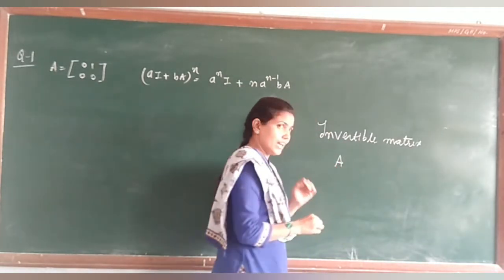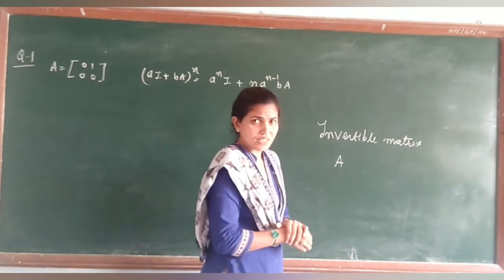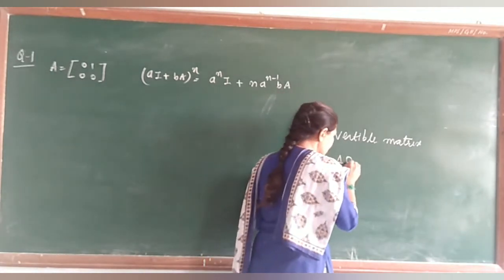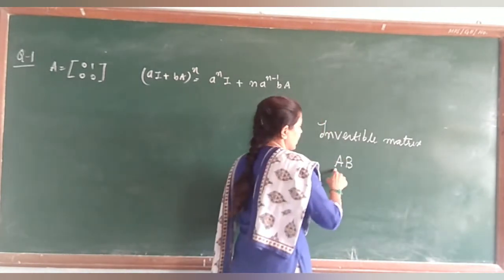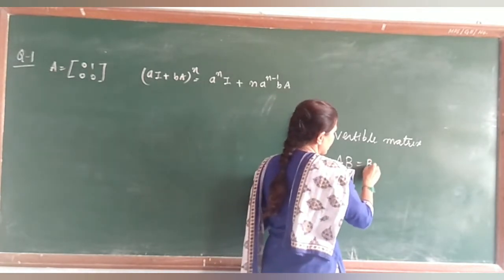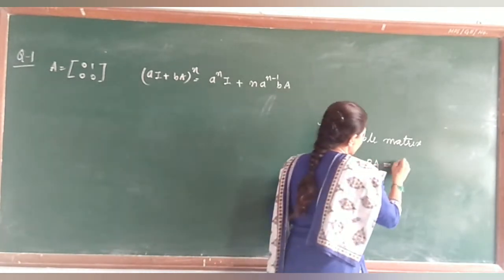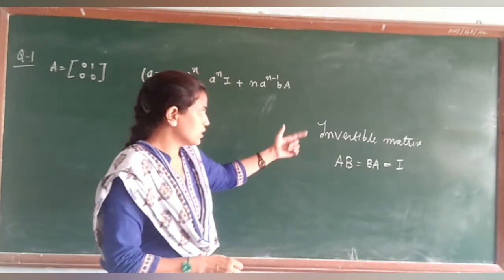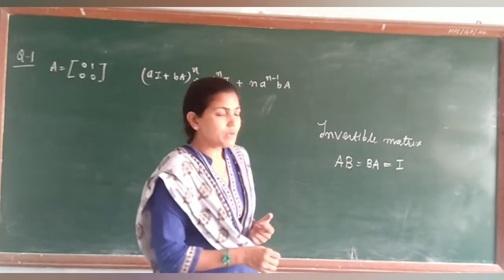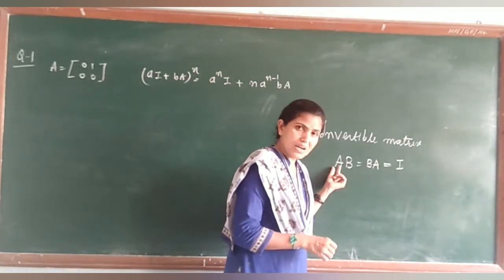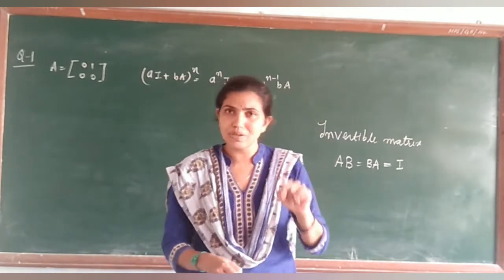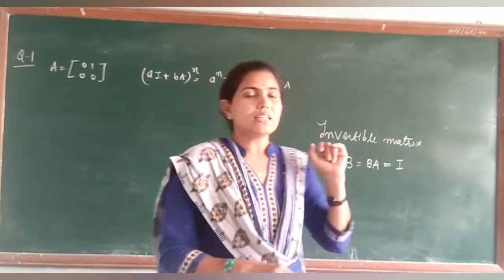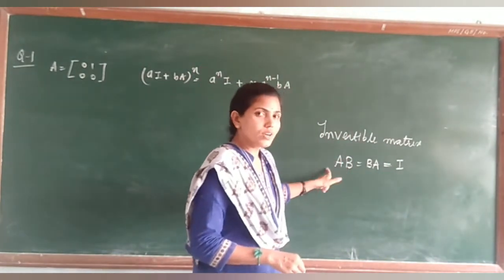Suppose we have a matrix A. Okay, any square matrix, or any matrix, we can take A. Then there exists a matrix B, such that AB is the same as BA is equal to the identity matrix, right? So therefore it is called the invertible matrix. So invertible matrix किसको बोलेंगे हम? For a square matrix A, there exists a matrix B of the same order such that AB = BA = I. Then B is called the inverse of A.